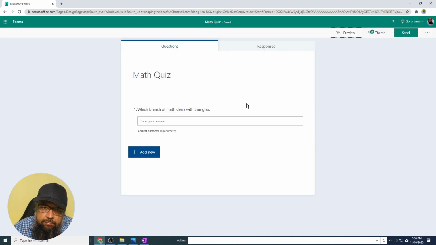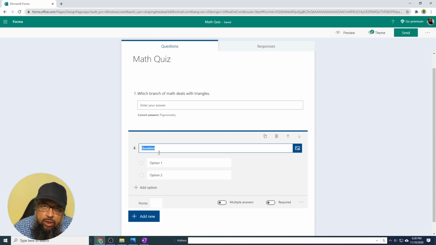Let's go back. But there are normally only few text questions in math quizzes. Most of the math quiz consist of math equations and math expressions. So therefore, now we are going to see how Microsoft Forms helps math teachers with some amazing features. So I add a new question, and this time I click on choice, meaning multiple choice question.